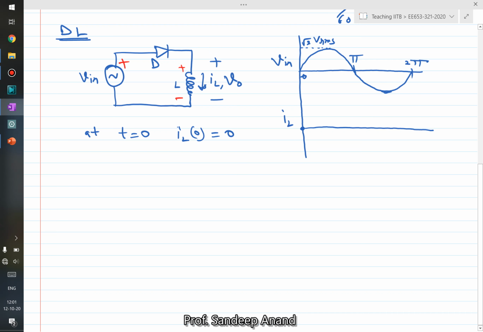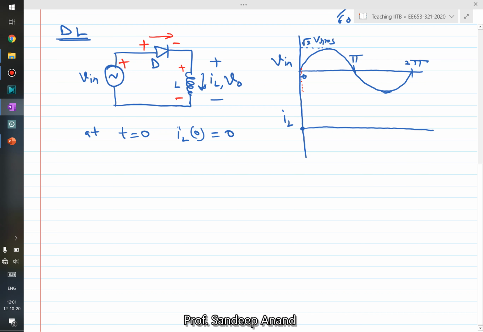That implies the diode anode will become positive with respect to its cathode, so the diode will start conducting. So at t equal to 0 plus, the diode starts conducting if it is an ideal diode, because an ideal diode requires only a negligibly small positive voltage to start conducting. So as soon as we go to t equal to 0 plus, slightly ahead of t equal to 0,